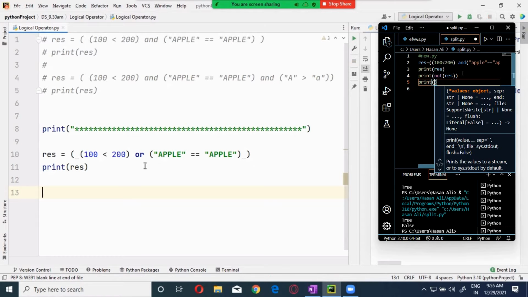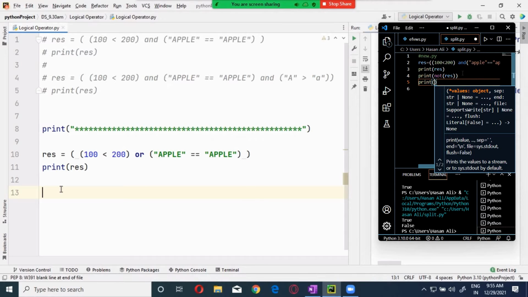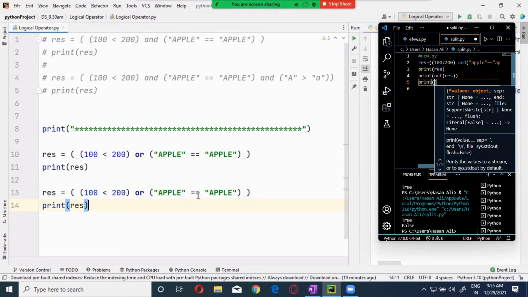Now, if any one is false, then we will get true only. This one I will say is greater than, so this one is false. Both are equal, but this one is false. Now, when I do this, you will be getting true only, because whenever you're using OR operator, if one condition statement is true and the rest are false, still the total outcome will be true only.